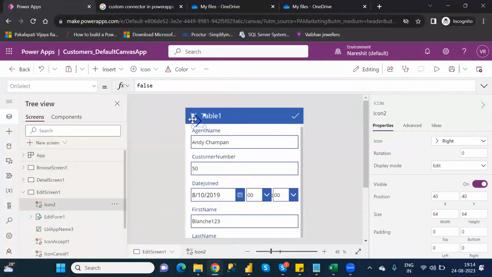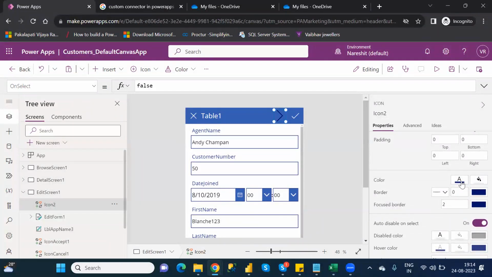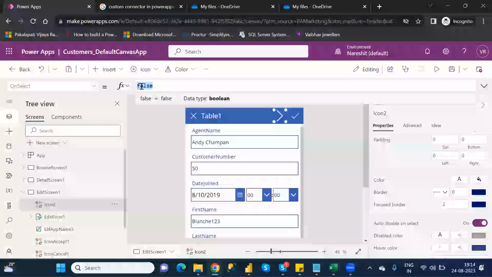Because up to these screens, browse screen, detail screen, edit screen, we can easily navigate from one screen to another screen. But I am creating a download function in a new screen, which means you need to go to that particular screen. For that, I'm using one action element here. I'm taking an icon here and taking the color as white. And if I want to navigate to the new screen, because up to these